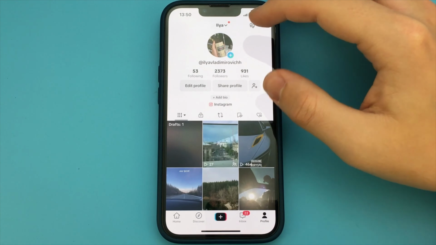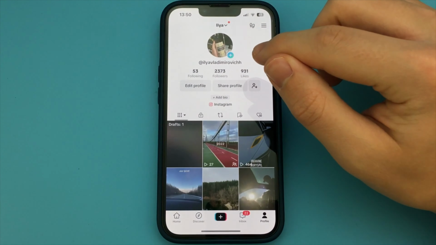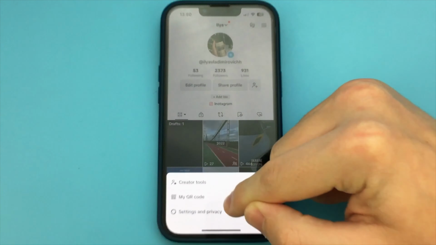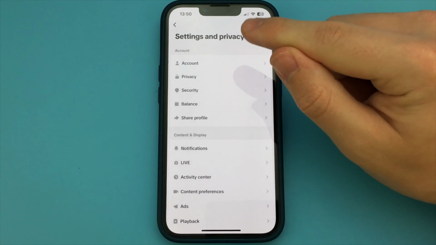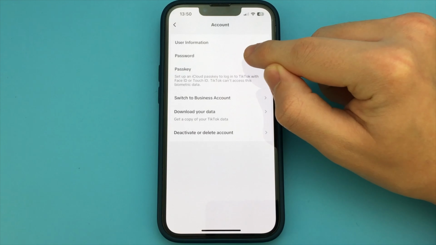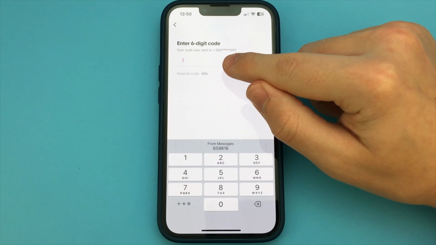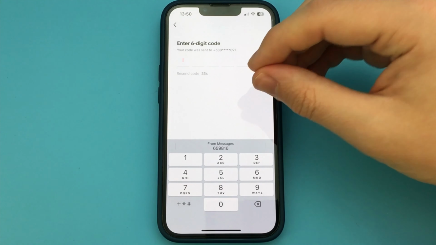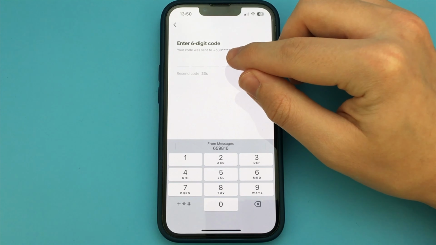Thank you. In this video, I want to show and tell you how you can edit password or change password in TikTok. To do this, you just need to go to your TikTok app. After that, you click on Profile. After that, you click on the three bars and click on Settings and Privacy. Then here we select the item, Account. Now here we click on the item, Password.